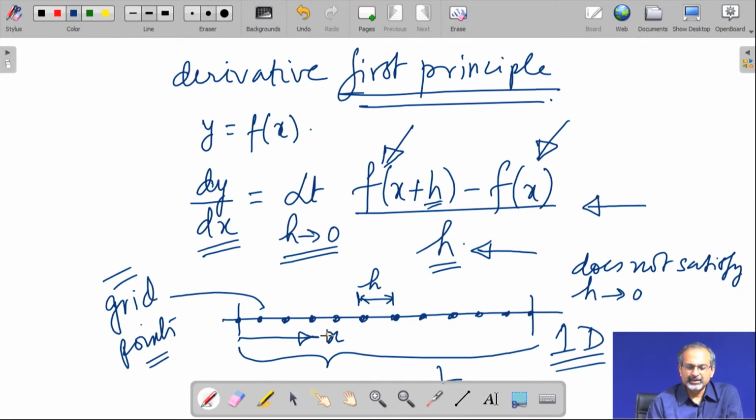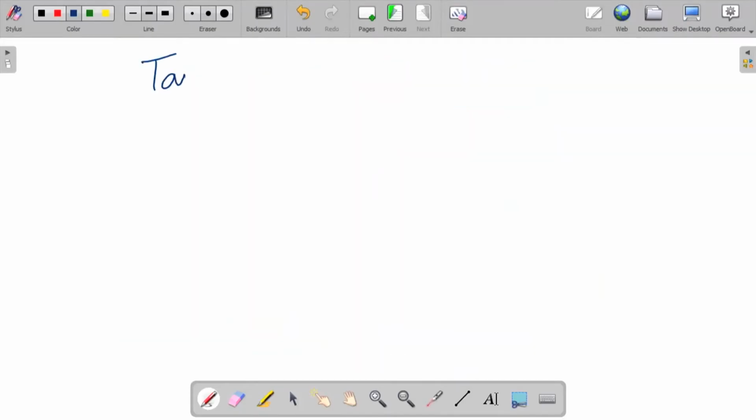Now, if we are not able to accommodate this kind of accuracy which the limiting operation gives us, then what best can we do about it? So, that is basically the idea behind approximating the derivatives in a finite difference method. We will make use of Taylor series in order to answer this question, that how best we can approximate the derivative.